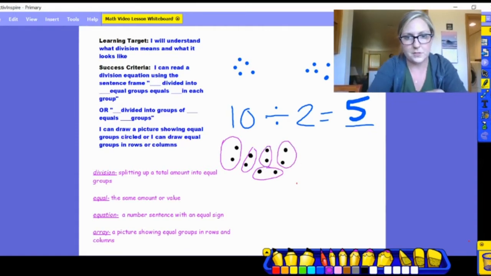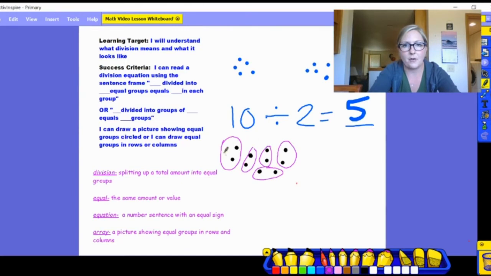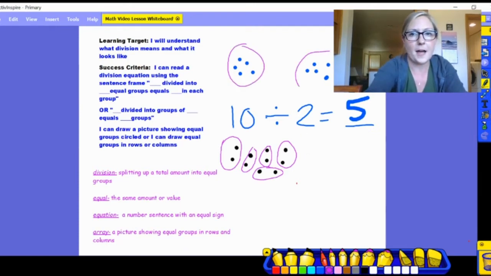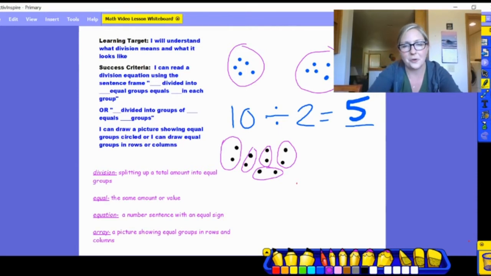And there's a group of 2. And then I could count 1, 2, 3, 4, 5, and see that I have 5 groups of 2. So whether we think about 2 equal groups of 5 or 5 equal groups of 2,